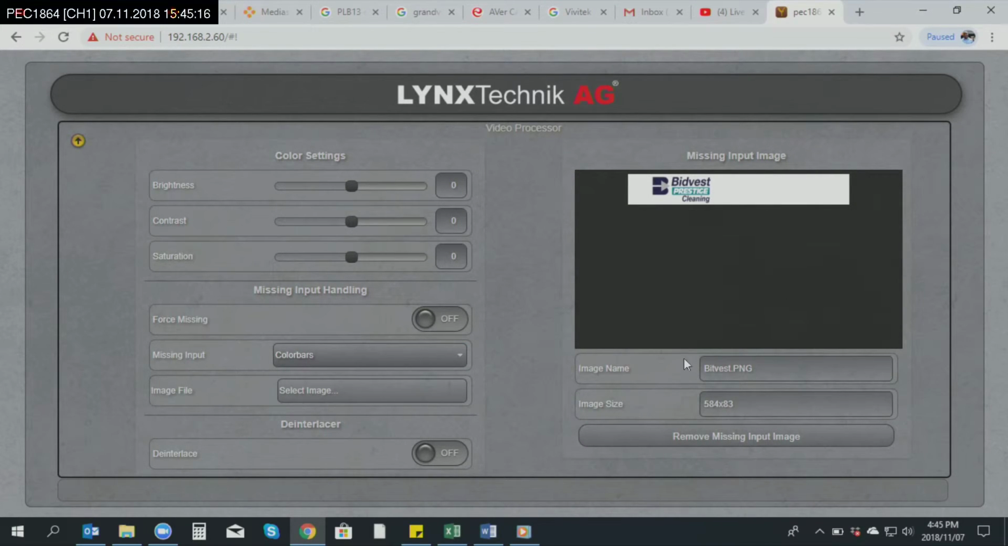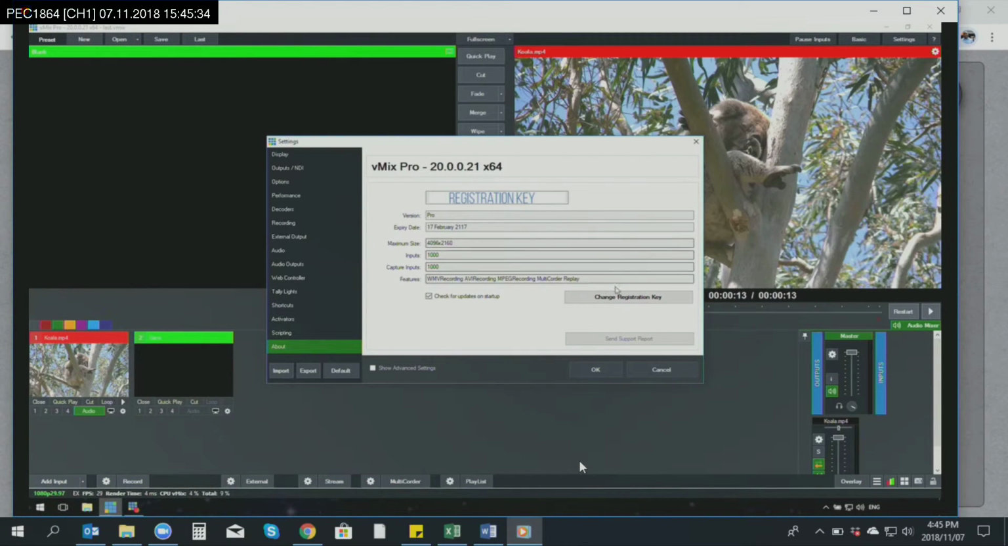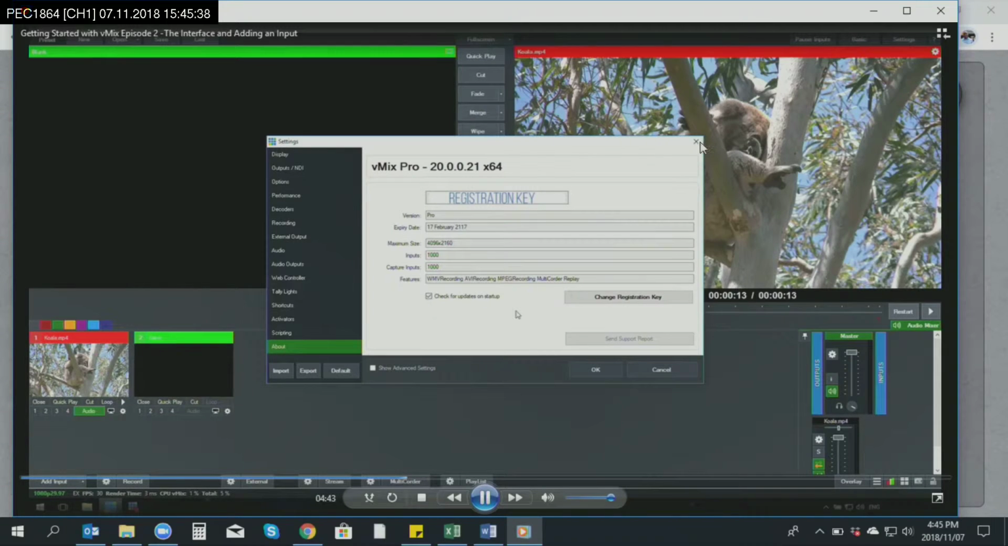There's also an about section. This is also very important because it will list the key that you have, what version of vMix you're using, and your registration key. Sometimes the vMix support staff may ask you for your registration key, so you'll need to provide this for them for support. And then underneath that you can click change registration key. So if you have a vMix trial and then you purchase vMix, you can enter that in by changing the registration key. Now, after that, underneath, you'll see Send Support Report. So sometimes the vMix support